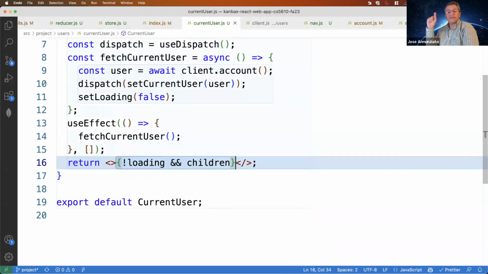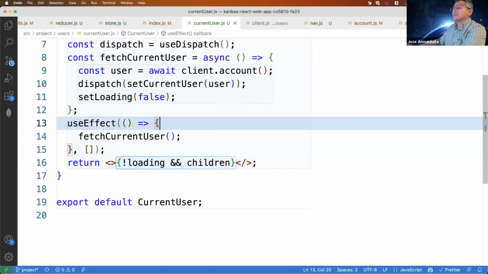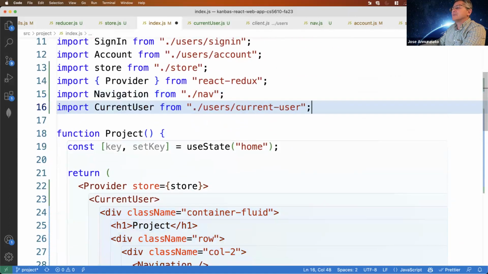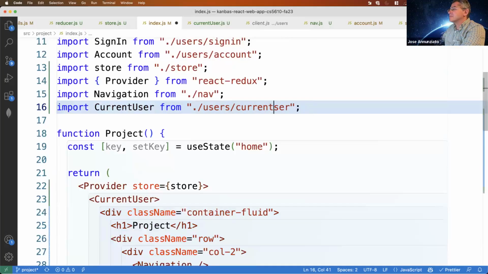So if I'm loading, I'm not going to render the children, but if I am not loading, I'm going to render the children. Okay. All right. So current user, I think I need to import that.